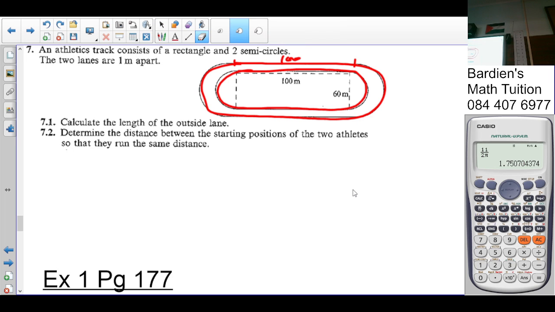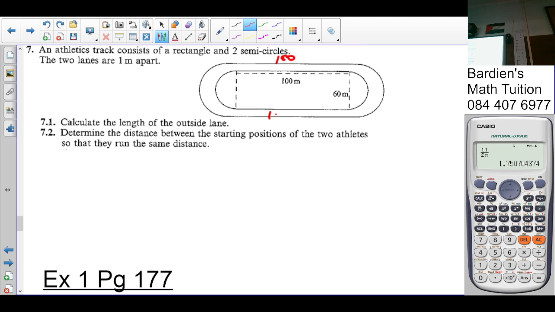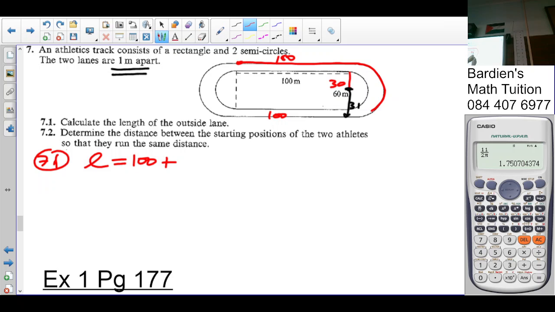Alright, so the outside lane, that is 100, we established that. So it's going to be 100, and this is also 100 here, not so? What is the radius of the inner circle? 30. What's the radius of the outer circle? 31. Why? Because we are told that the lanes are 1 meter apart. So that's 1 meter. Can you see that, people? So the radius of the outer track would be 31. To calculate the length of the outside lane, if I start here, it will be 100 plus